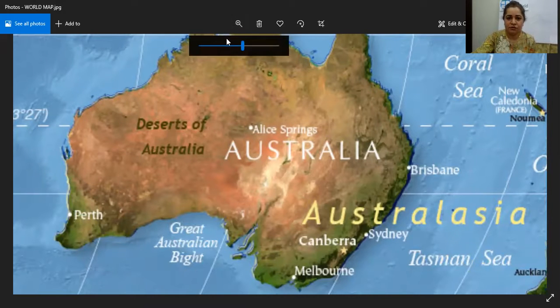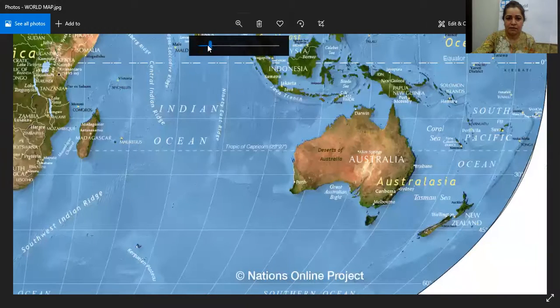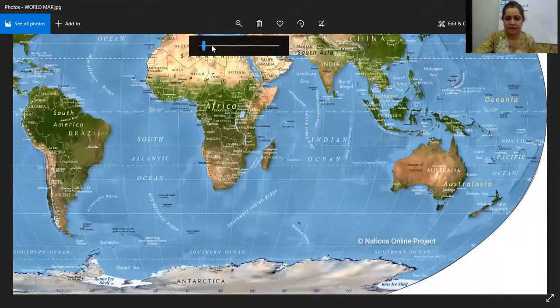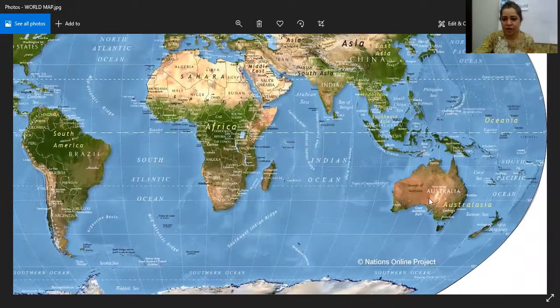I am going to zoom out so you can see the location of Australia. Where is it located? See, yeah. Now, this is just below Asia. If you can see here, this is Australia. Australia is at the bottom right corner of the map, and this is the smallest continent with very few countries. One of them is Australia. The continent name is also Australia, and there is a country that is named Australia, right?